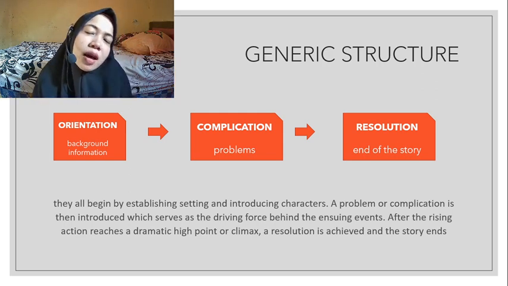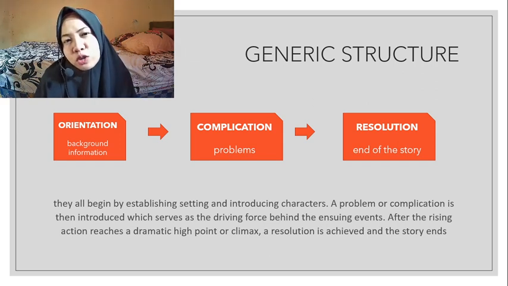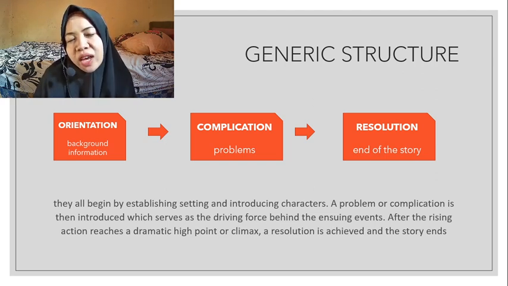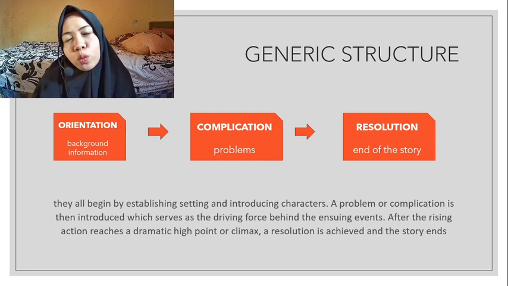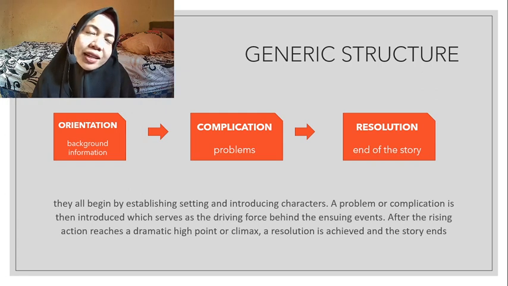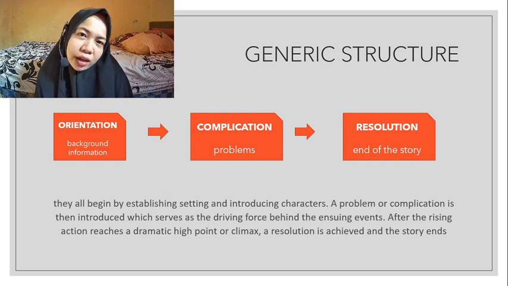So you start with explaining the characters, and then you try to build the problems, describing the problems from the basic one, and then you tell about the problems again and go into the climax or the top part of the problem itself, and then you go down again with the end of the story, whether your characters will be dead, or your characters will be happy with the ending and so forth. Okay, so